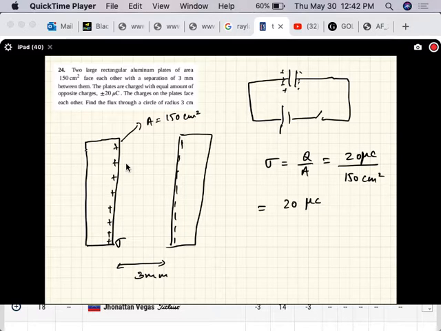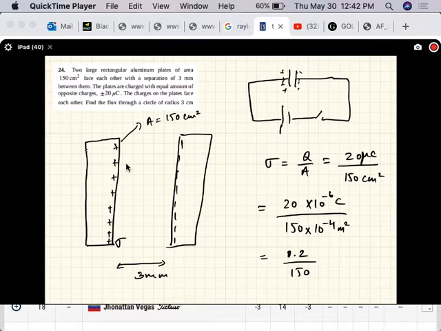Well, actually, yeah, hang on. Yeah, 20 into 10 minus 6 coulombs, and 150 centimeters square. 1 centimeter square is 10 minus 4 meters square. Okay. So what you get is 10 minus 2 on the top, so 0.2 divided by 150 coulomb per meter square, and that is equal to,